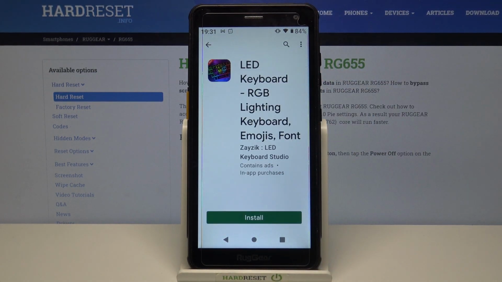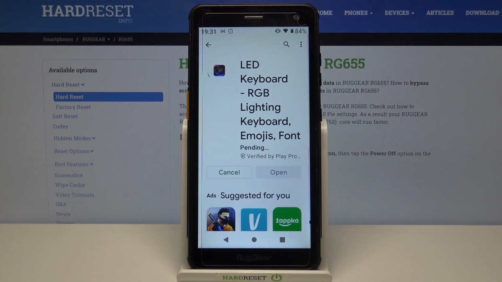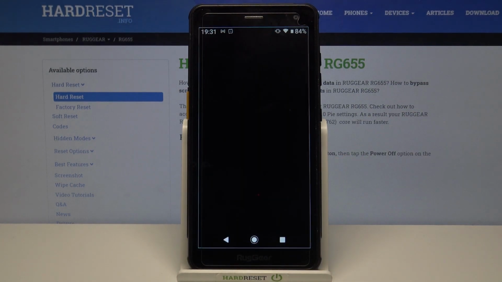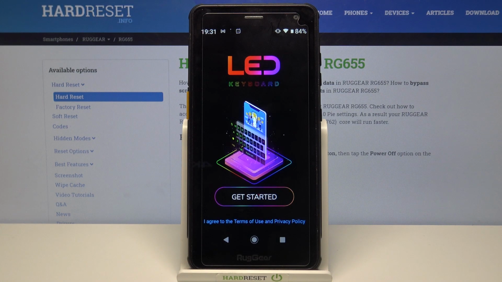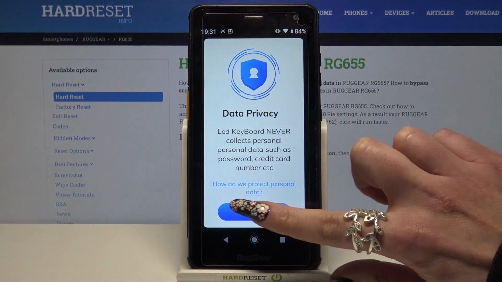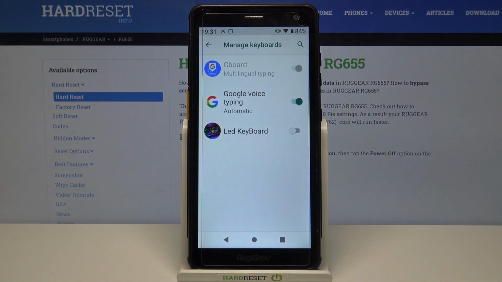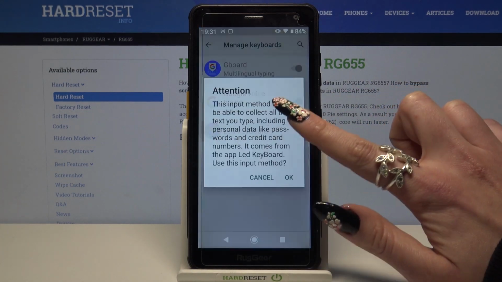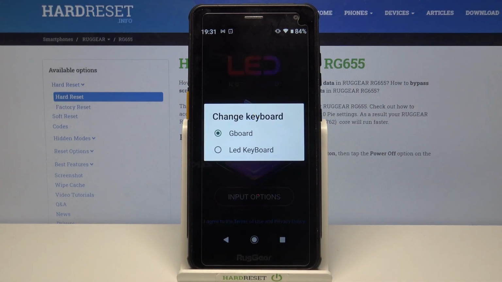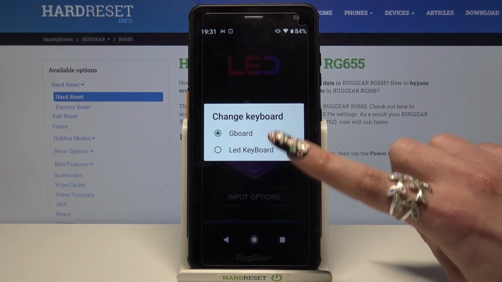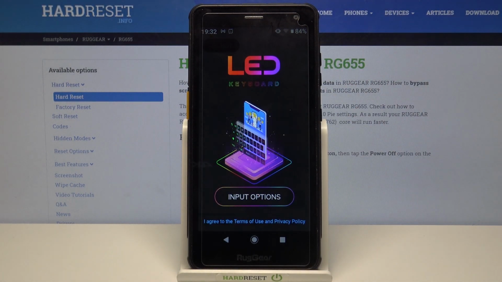Then download this app from this developer. Now open it and click Get Started. Then tap OK and click on the switcher next to LED keyboard. Click OK again and tap on Input Options. Over here you need to select LED keyboard one more time